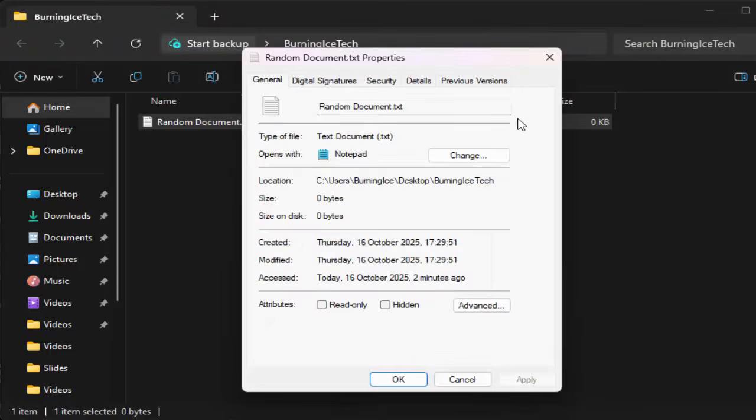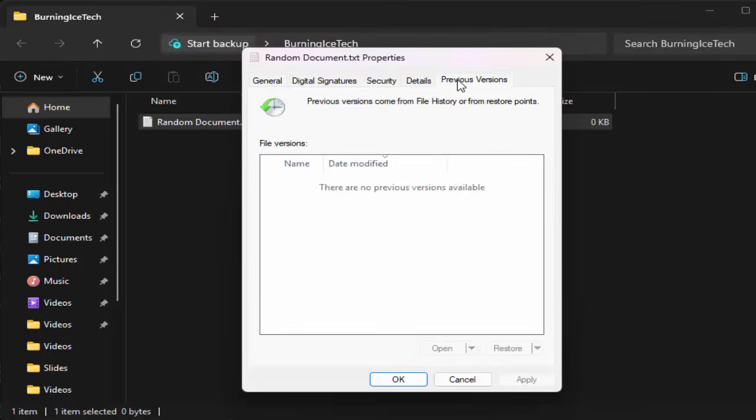Once you go in there, you'll see there's a tab here. It says previous versions. Now, at the moment mine is blank. Why? Because number one, I've just made that file, so there's not going to be a previous version since I literally just made that file. But also because I don't have previous versions turned on. And thirdly, because I don't have backup or restore in use at the moment, so I've not made